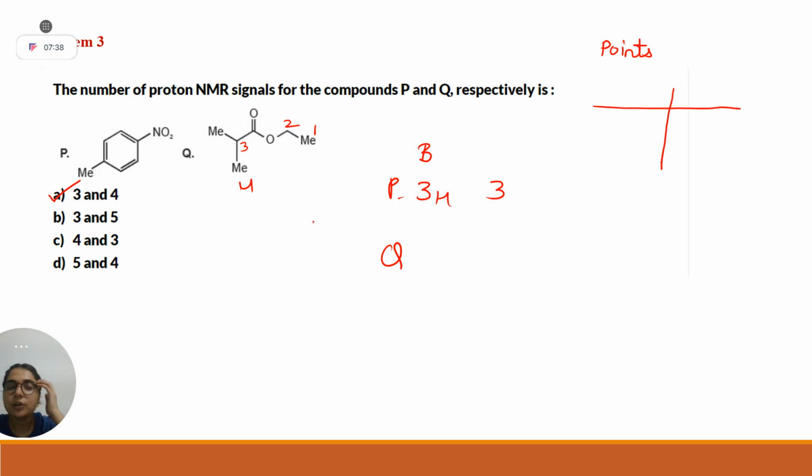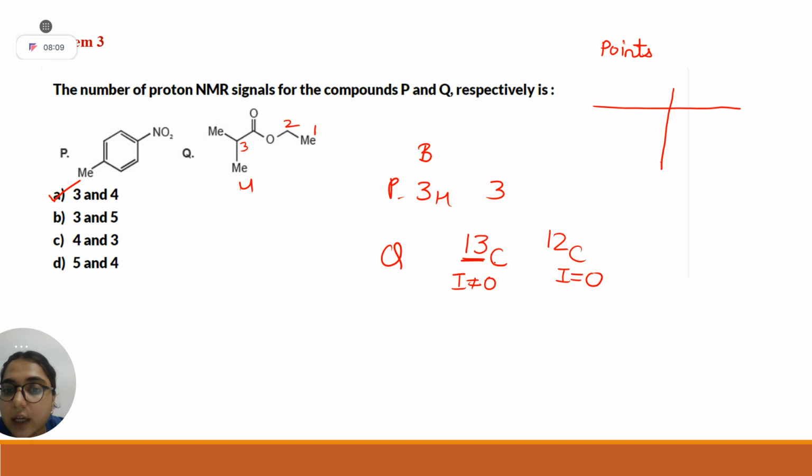Now, can anyone tell me why in carbon they are telling 13C, not 12C? Because, ma'am, 12C has I equal to 0, so it can't show any signal. Exactly. Because in carbon 12, I is equal to 0, but for 13C, since it has an odd atomic mass, it will have I non-zero. Yes or no? Yes, ma'am.